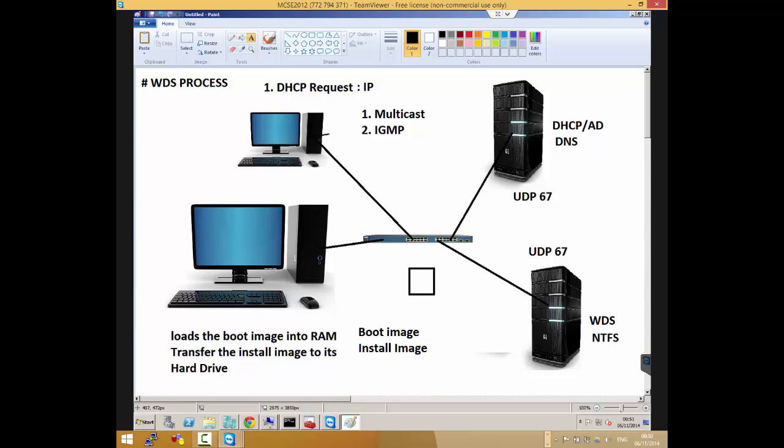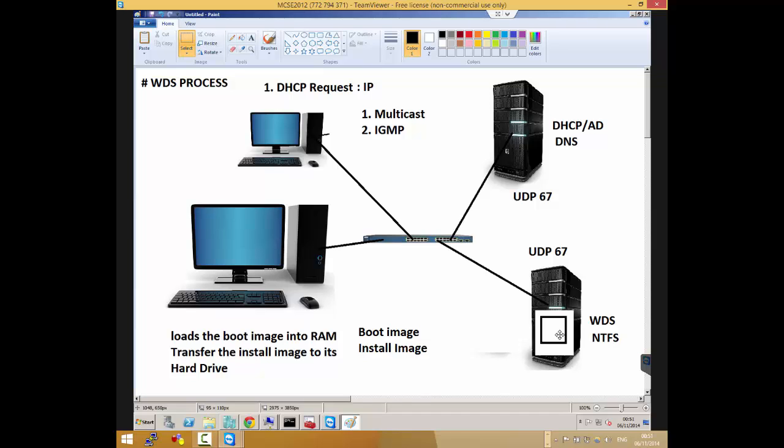It gets the IP from this one, and this one says, I have a boot image that you can boot from. This is the location that you want to boot from. It just goes and uses its IP and its MAC address to communicate with this one and say, that boot image that you have, I need it, please. And then that's when TFTP starts.